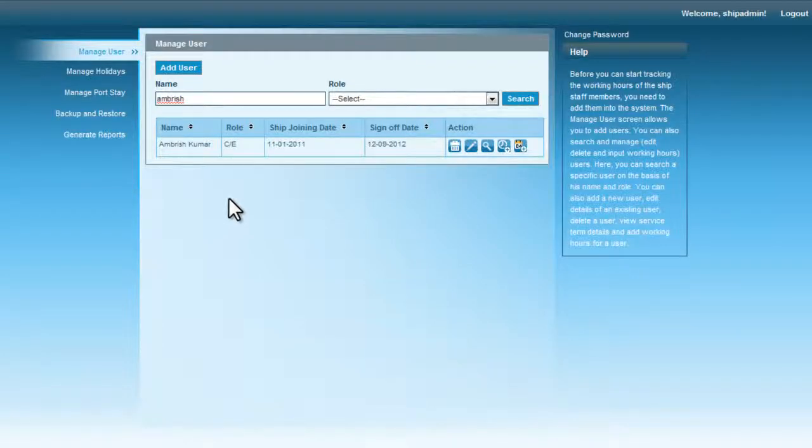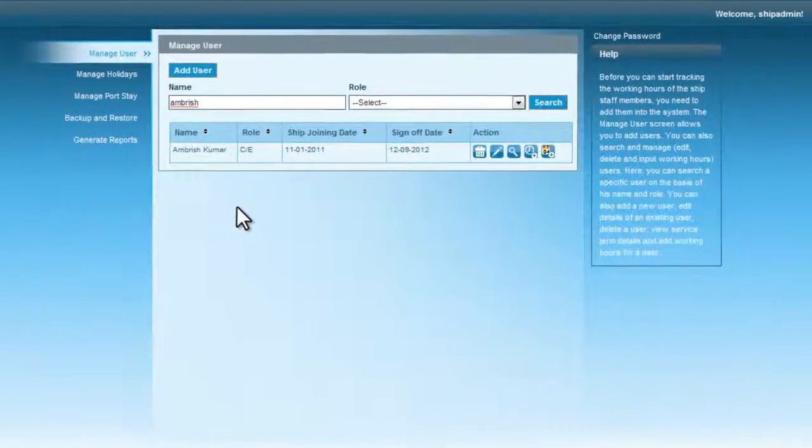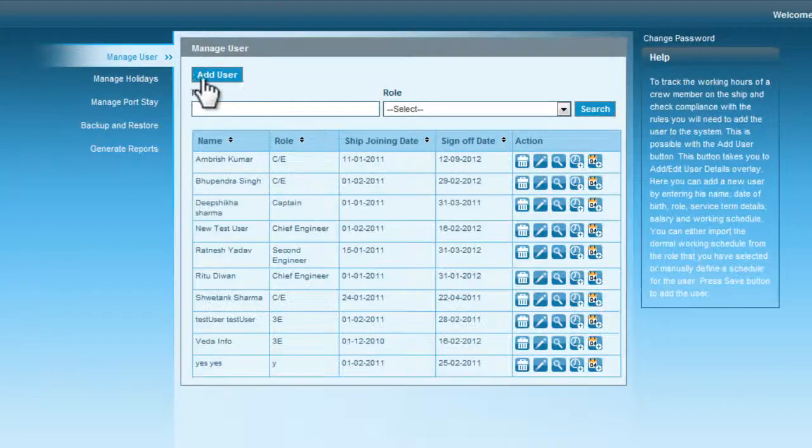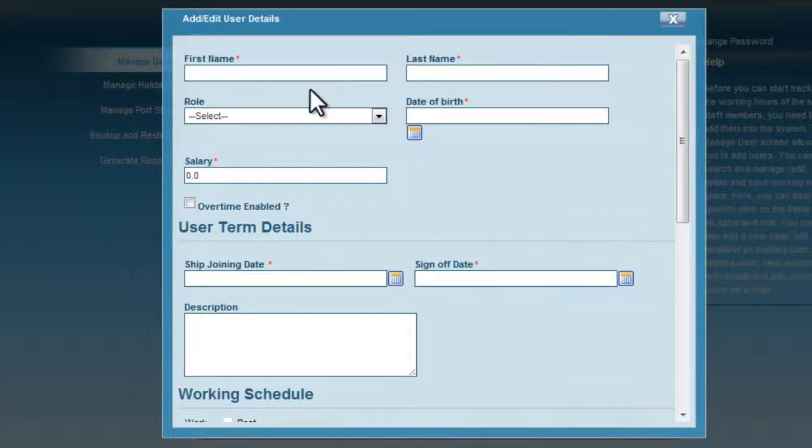To do this, you have to select the Manage User grid. This grid helps you to add different users and define their individual schedules. To add a new user, click on the Add User button. An overlay will appear. To enroll a user, you have to add his first name, last name,